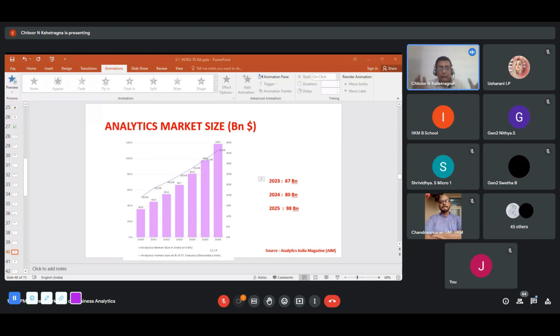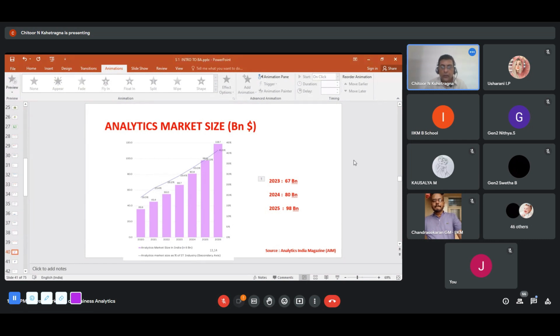By 2025, we use the word practice. Business analytics practice is going to be a $100 billion industry. And just imagine the number of people you want to have, the kind of job opportunities you're going to present by itself. So the next big revolution is going to be analytics. There are no two words about that at all.